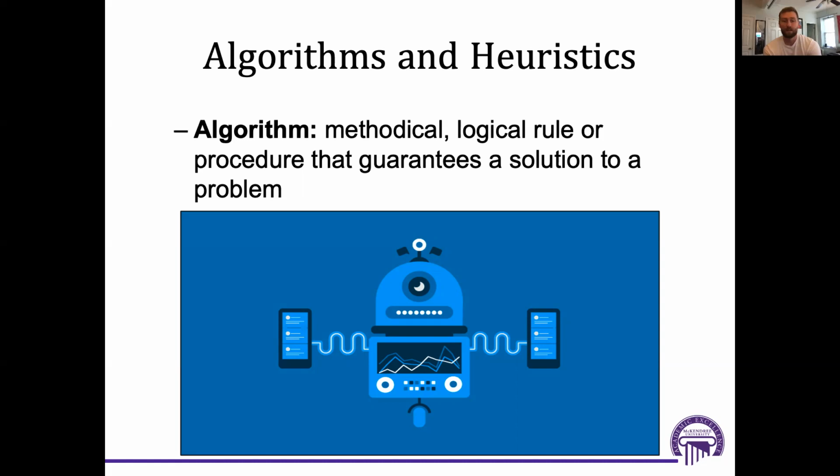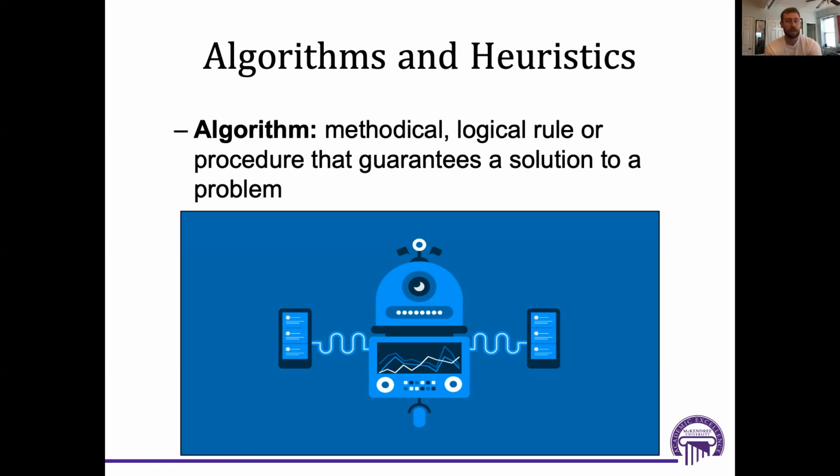Importantly, and I'm going to touch on this point a little bit more in a minute, humans don't really rely on or use algorithms all that much. Instead, we utilize something known as heuristics, which I'll describe in a minute. Heuristics are more efficient, but they're not always entirely accurate.